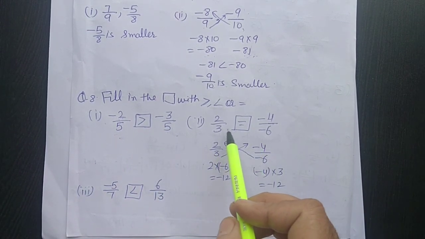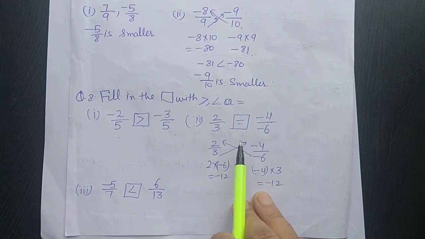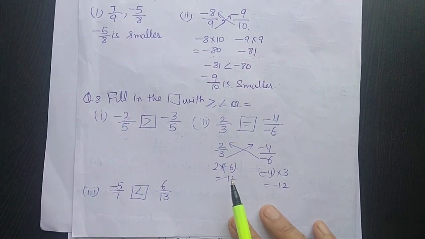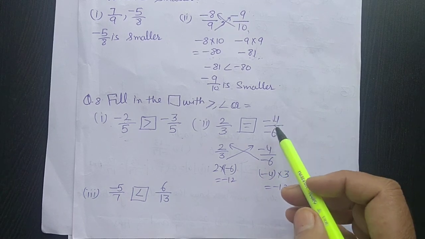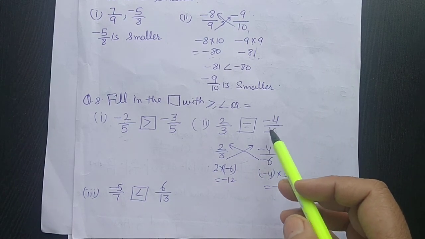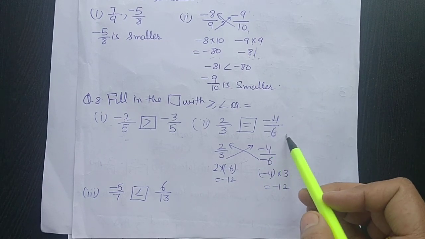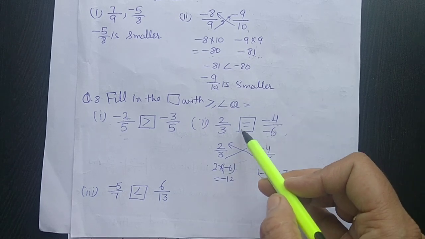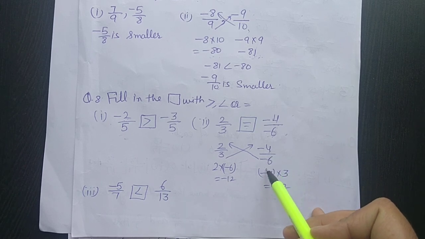Here both the denominators are different. So just follow the rule of cross multiplication only. Otherwise other methods will be confusing. So adopt this method. Also, we can answer by writing in standard form, by cutting also. 2 2s are 4, 2 3s are 6, minus minus can be cancelled. So 2 upon 3 will be here. These two numbers are equal, but I am adopting the cross multiplication method here.